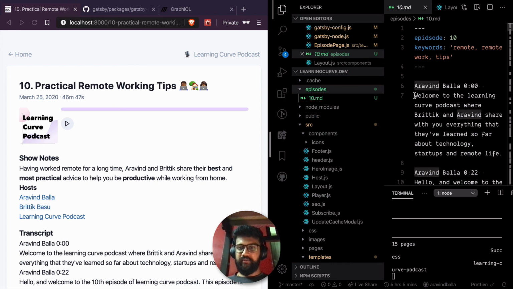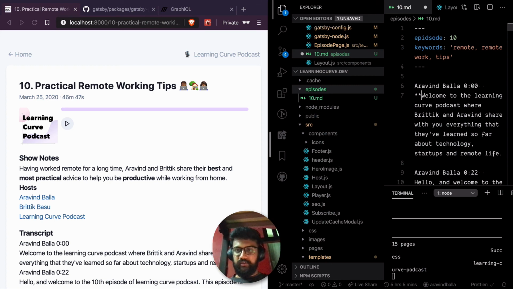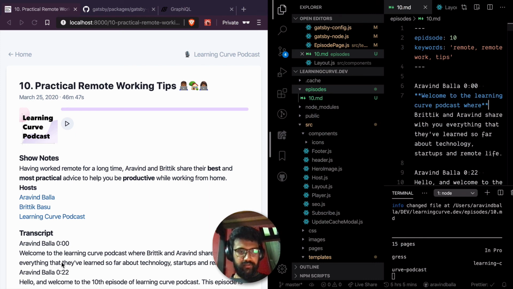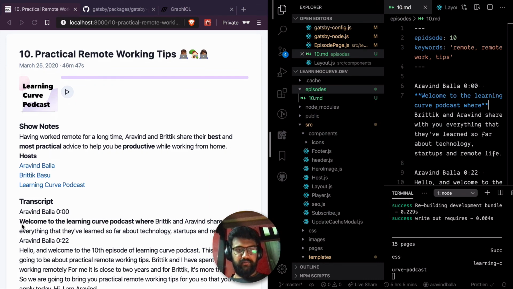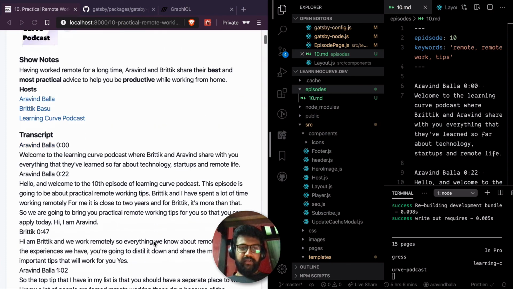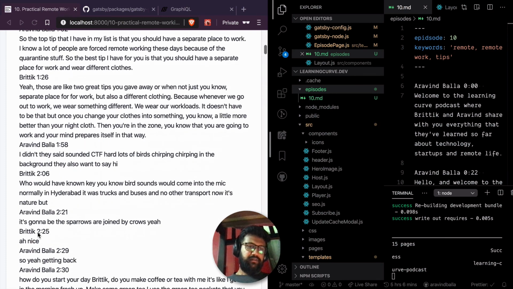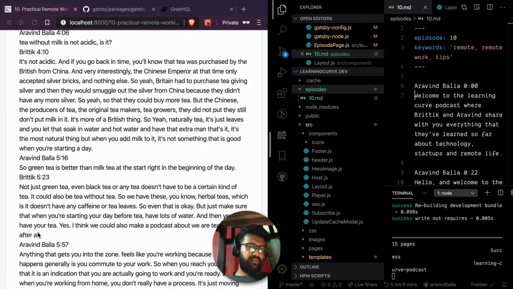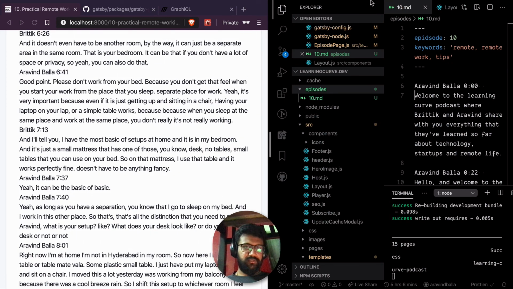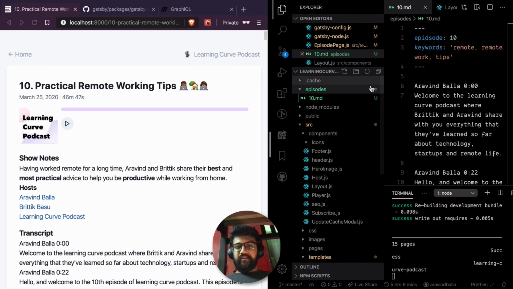So this is markdown. If you want, you could do a bold thing here like this and save, and this should change here. So the markdown here works. So I'll style this later, after this video or tomorrow because it's so late and I want to sleep. Yeah, so that's what we did.